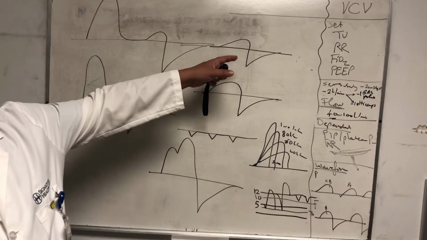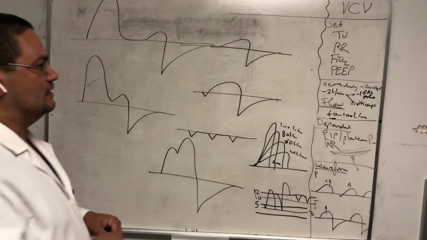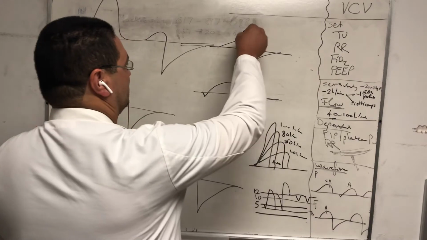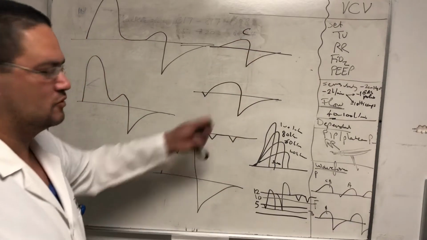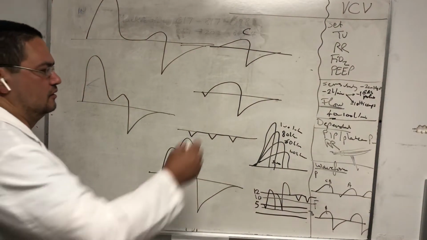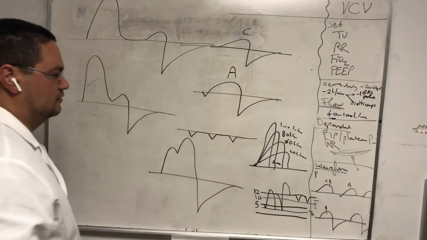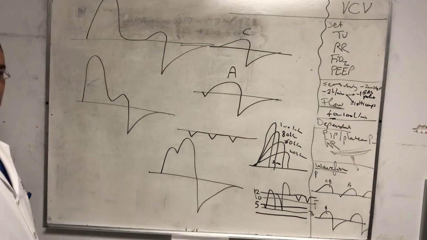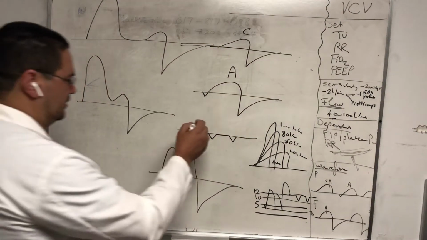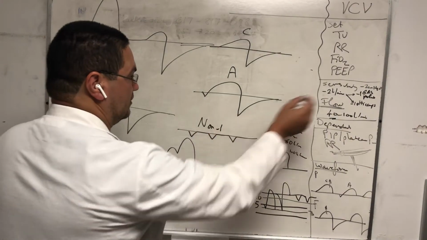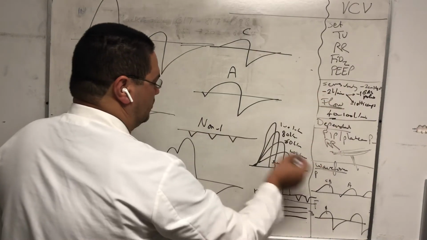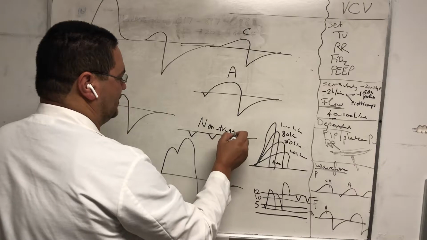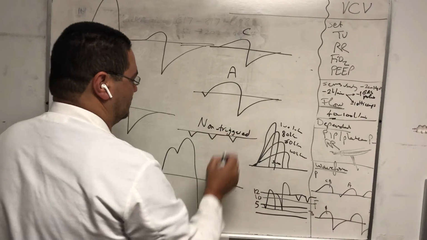It's a control. Yes, that's the C. That's control. There's nothing happening behind it, and it just appeared like this. Okay, how about this one? Assist. Beautiful. And how about these two or three? It's a non-triggered breath. So either the patient is too weak, like Guillain-Barré syndrome, or he is COPD, and we